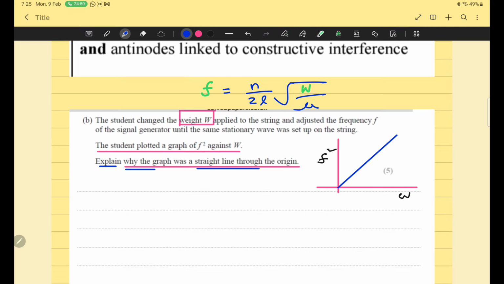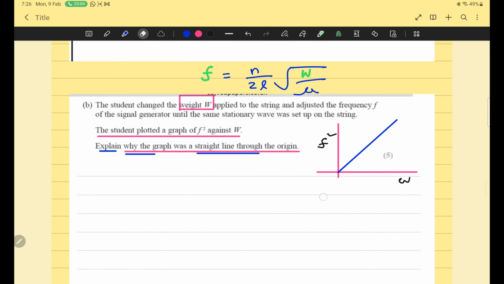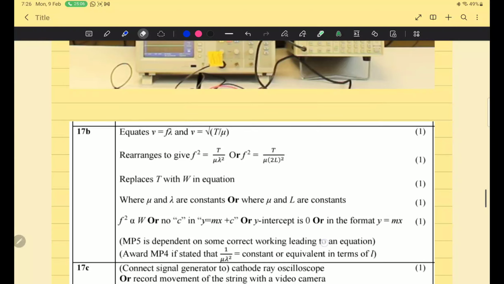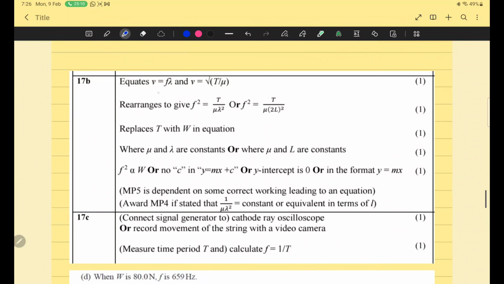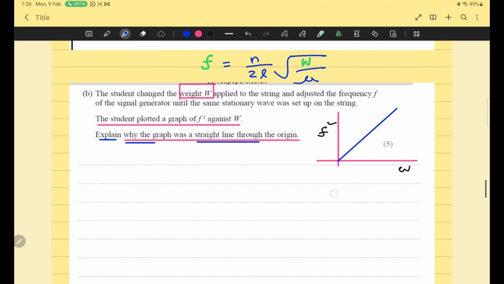Before starting the explanation, I have made a plan. We have to prove f square is directly proportional to weight. And sir, how is it possible? So I am going to explain. The explanation in the marking scheme starts with this equation, so I am also starting with this equation. Sir, we know,